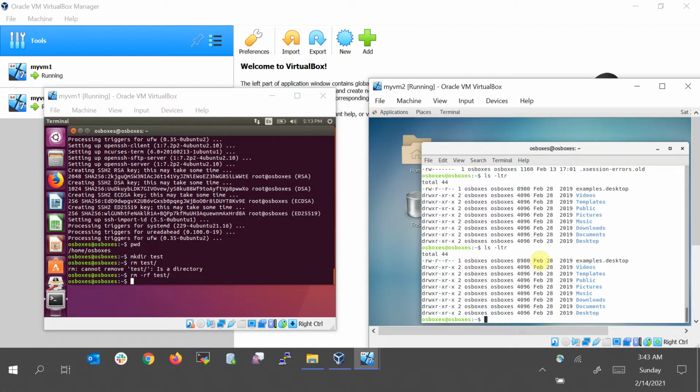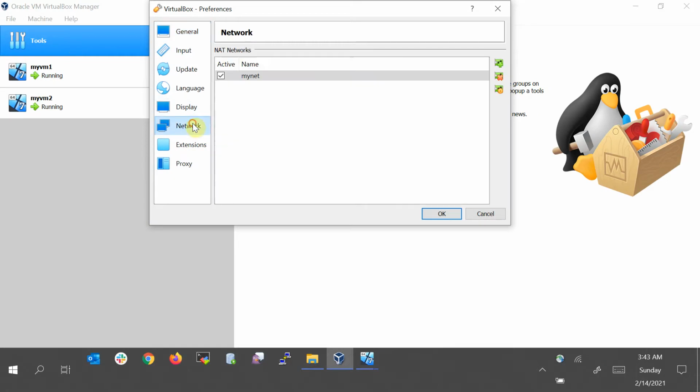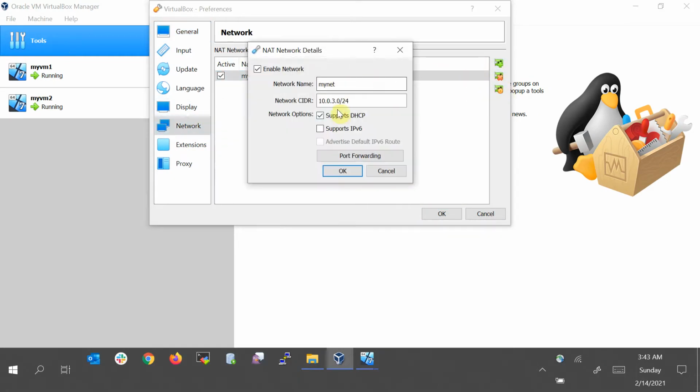Yeah, it's gone now. So guys, this is how you enable the internal networking between the VMs which are running on VirtualBox. The basic things are: you go to preferences, network, add one. Once you add it, go to configuration. You can change this